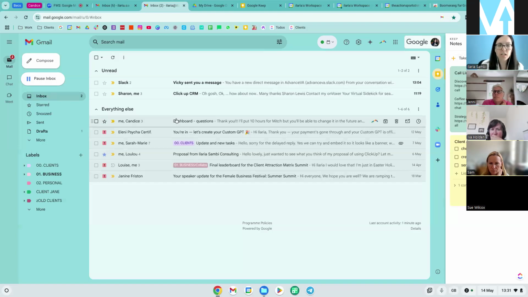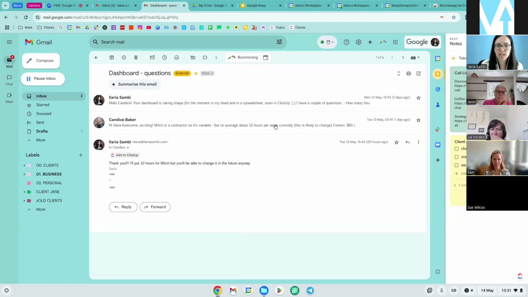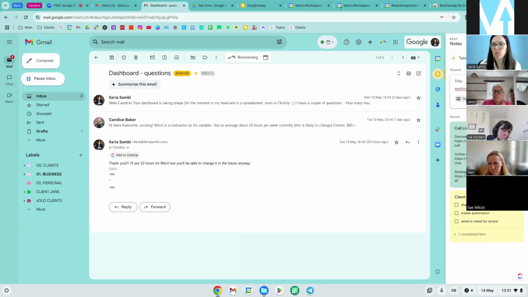Something cool that it does. If I open an email, and I'm just in the email, and I click on take a note, it will put the link to this email here. So then when I write whatever I need to do, and I save it, where is it? Yeah, it doesn't show it now, but if I open the note, the link to this email will be there. So you connect the two things. You don't have a note and then wonder which email it refers to. So you have them linked.